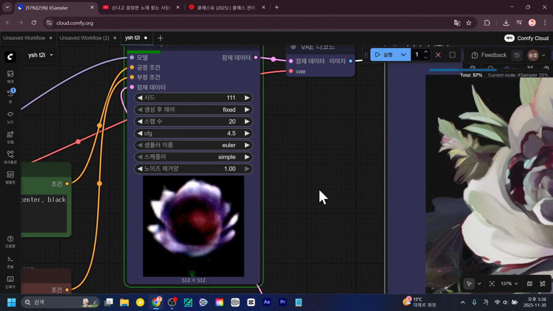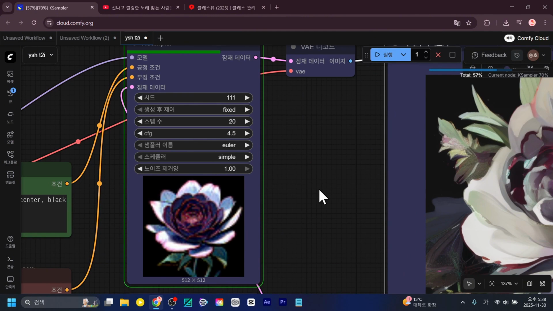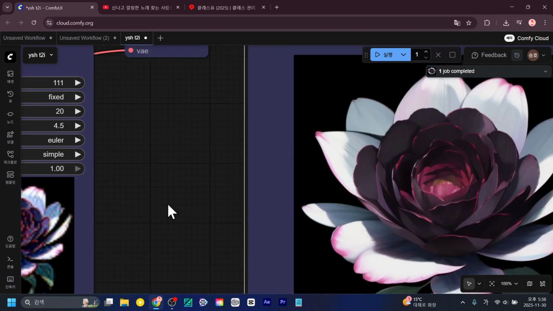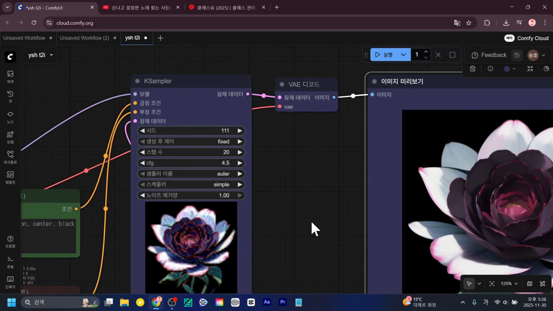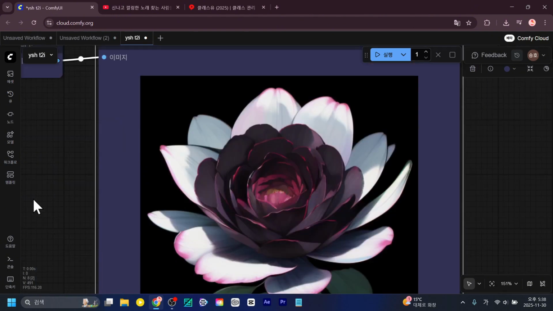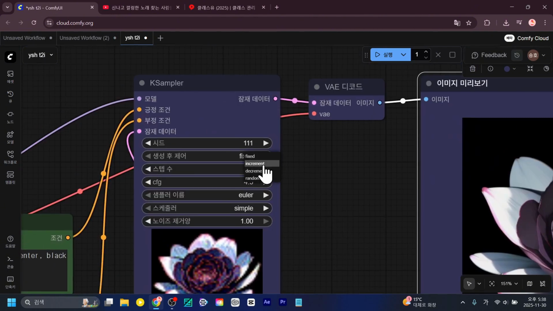For example, in the past when I gave lectures, I used to explain it like this. CFG is the degree of fidelity to my command, so it's about how faithfully it follows the command. If the CFG value is low, it disobeys my instructions. But what do you think happens if the CFG is set high? It becomes obsessively fixated. So I'll try generating with the seed set to random.